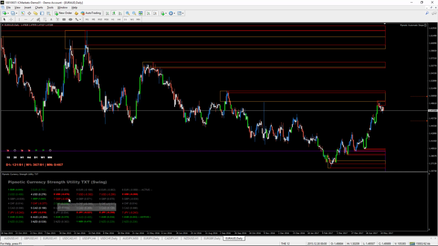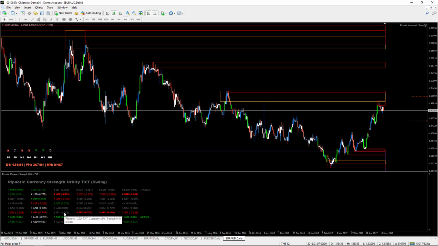So we have 1 and 7. These two don't really fit. So I wouldn't be buying the pound on the daily and selling it on the 4 hour. That doesn't make much sense. So just keep that in mind. What you want to do is see stuff like this, a row of green and a row of red. So we have pretty weak dollar here, and we have strong Aussie, and we have weak Japanese